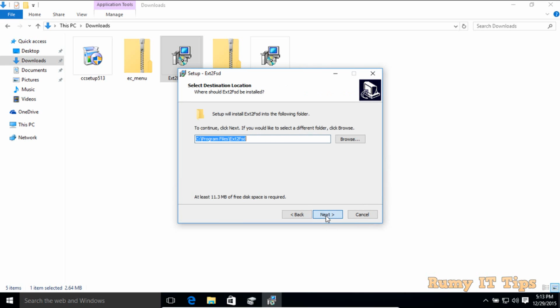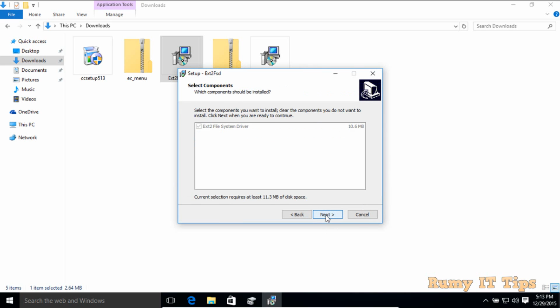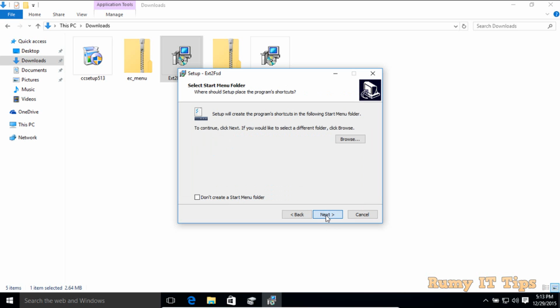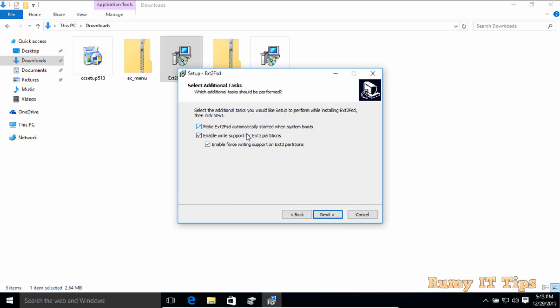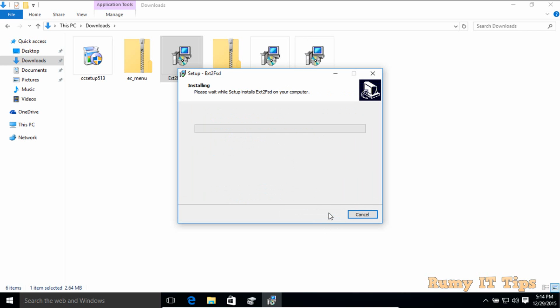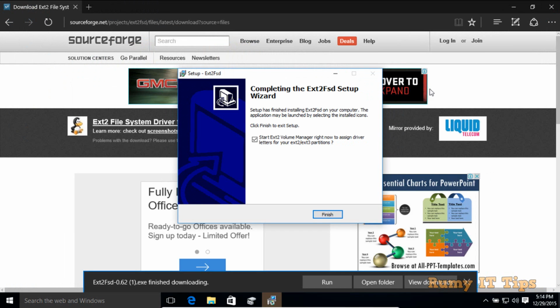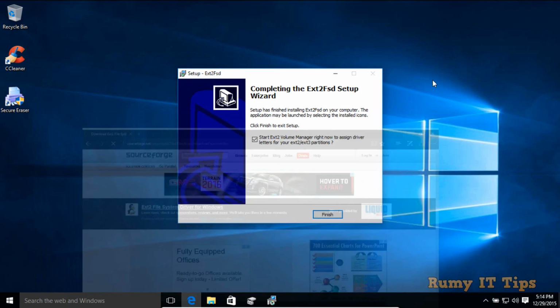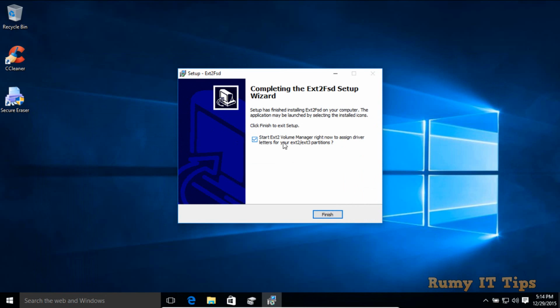I'm showing this setup wizard because we need to see one option here. Click next, then next. These options are important. Make sure these are selected, so that when the PC boots, it's automatically selected. This option you have to select. That's why I'm showing this setup wizard in this video. By default this option is selected. Keep it selected and click on Finish.